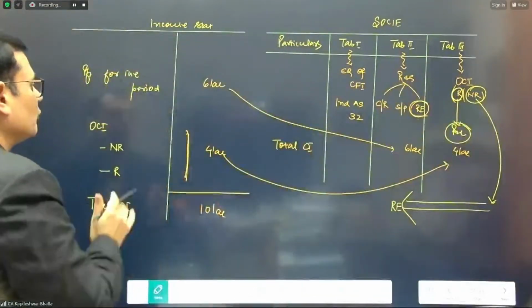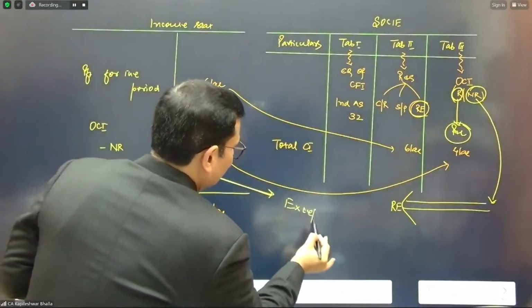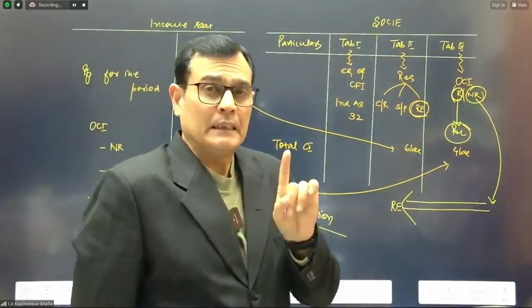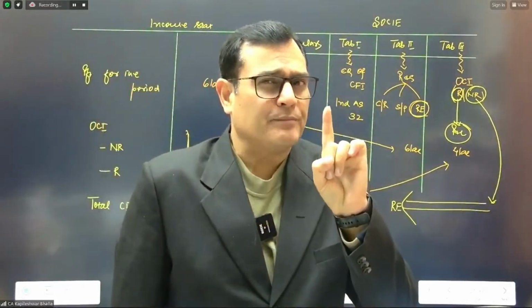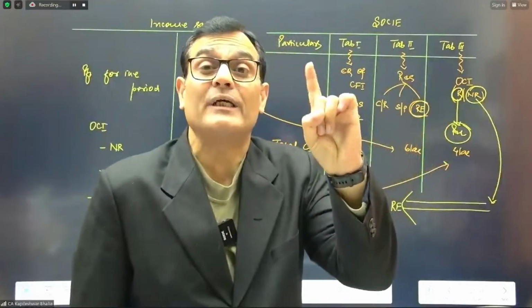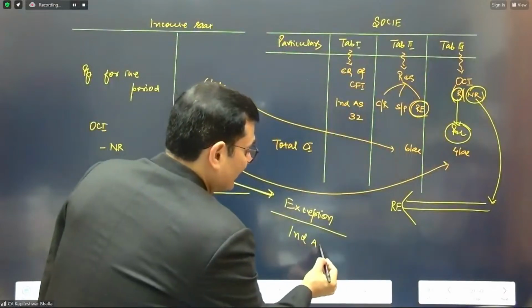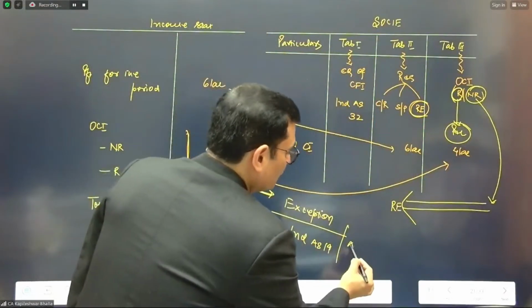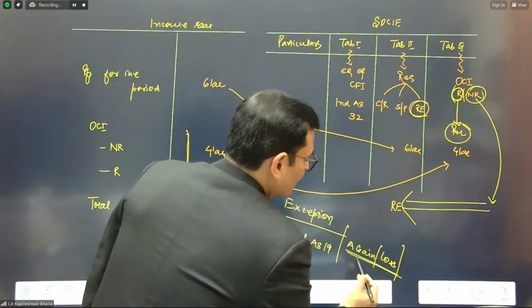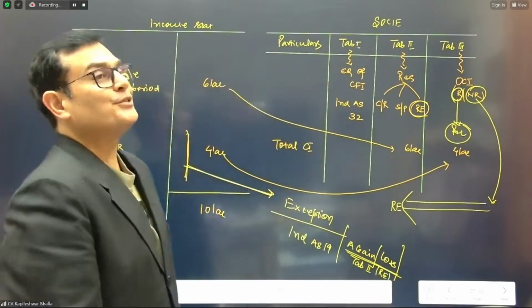But there is one interesting case, and there is an exception. Rather, I would say there are two, but for the time being, let's consider one exception. There is one exception where an item is taken in OCI, but it is taken in tab number 2 in RE and not tab 3. The exception is in terms of Ind AS 19: when you get an actuarial gain or an actuarial loss, that actuarial gain or loss is taken to tab 2 as a part of the retained earnings and not in tab 3.